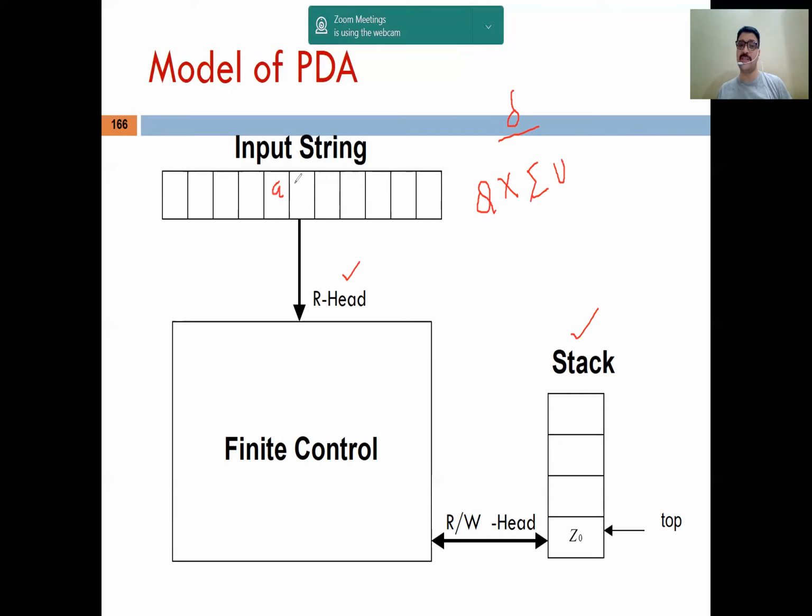Suppose your input string is AB, and after AB, if you want to check what symbol is there, in this case there will be null. So it means null may be possible if the string ends, right? And one important part is the third symbol that is read at the time of transition, that is read from the stack, or you can say that is popped out from the stack. So the stack symbol is, as I already told you, represented by tau.